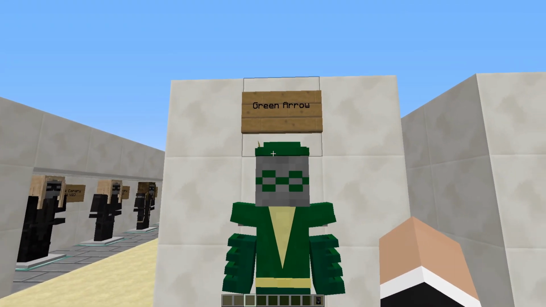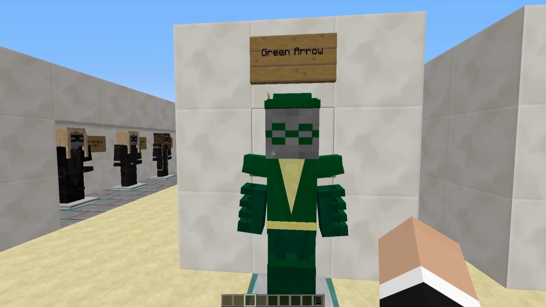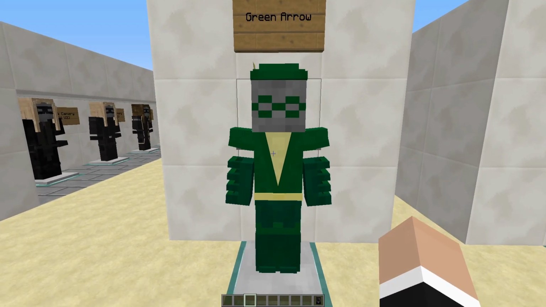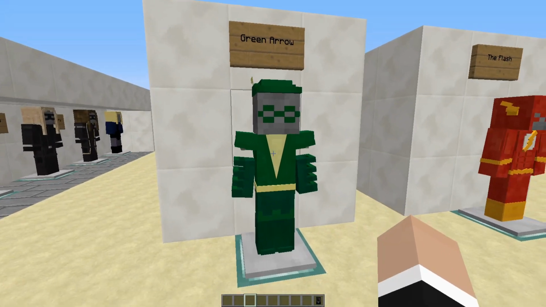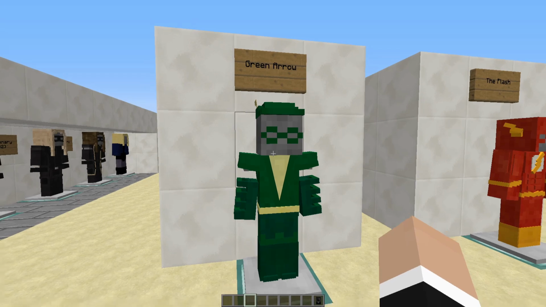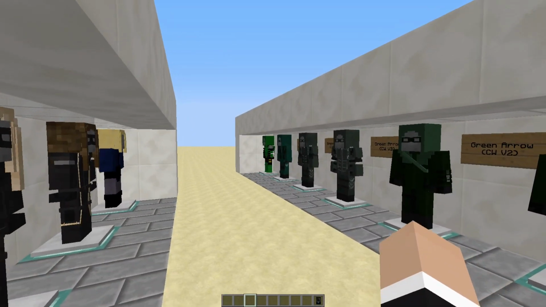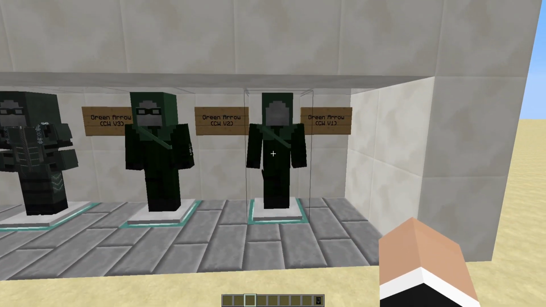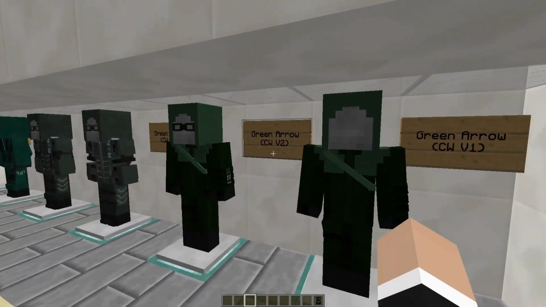So alright, you guys, here we have Green Arrow, which, to be completely fair with all of you, is one of my favorite suits in this mod so far, other than the Flash, of course. So of course we have the comic version, how we always do. And then we have his CW alt and New 52 alt all the way down there. So, we've got Season 1, I think, and Season 2. I don't remember how these go in order,